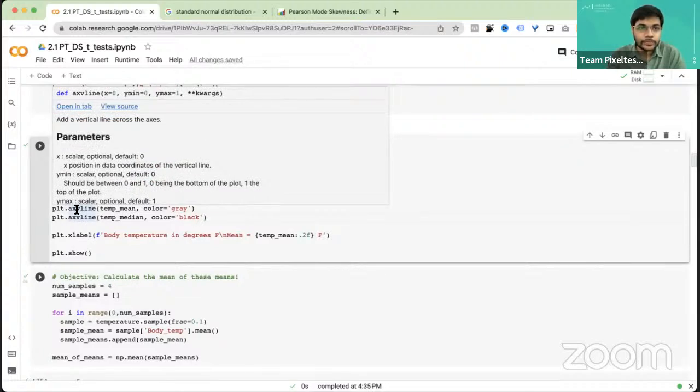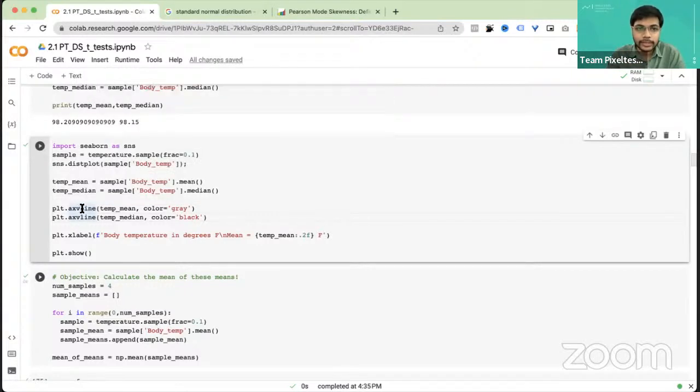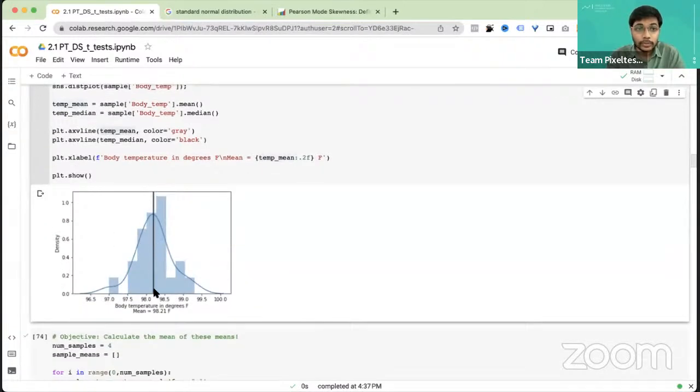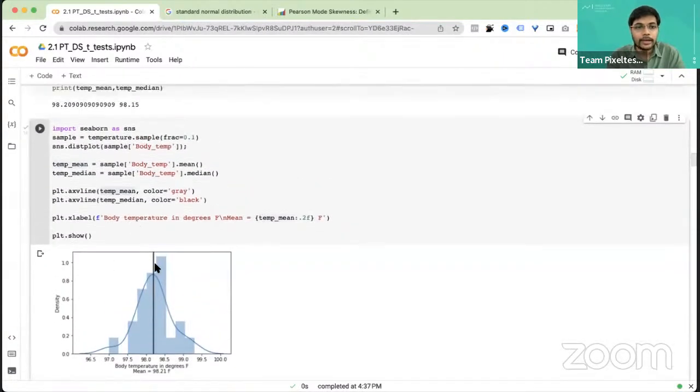It says add a vertical line across the axis, right? So now here we are saying add a vertical line, and plot that vertical line where it is temp_mean. So let me plot and then show. I'm doing the plot. Now in this plot, what is happening is we have plotted in gray temp_mean